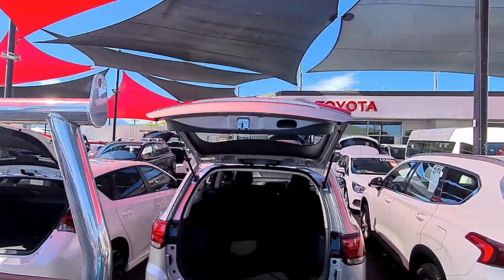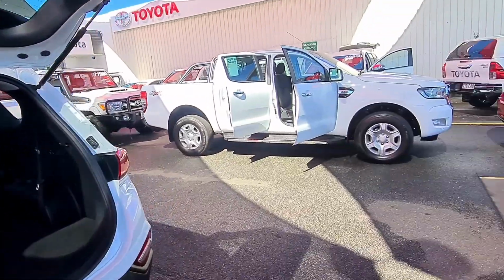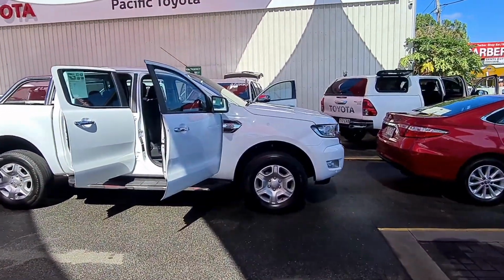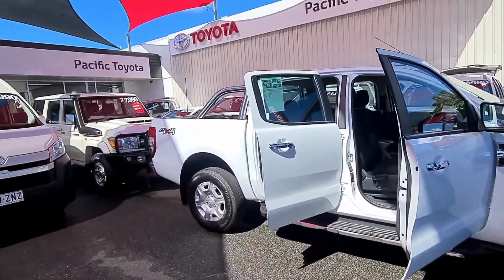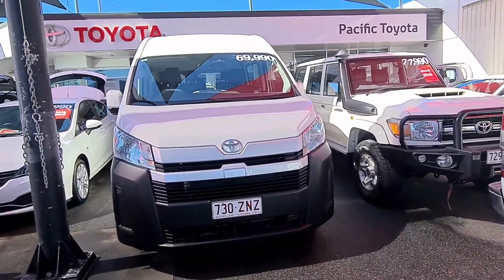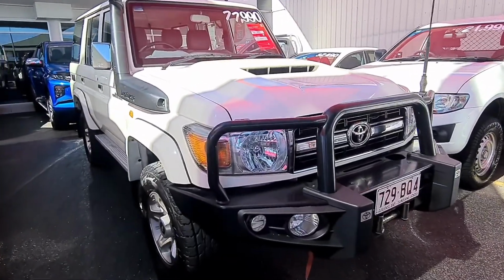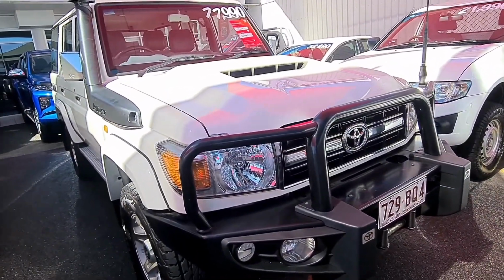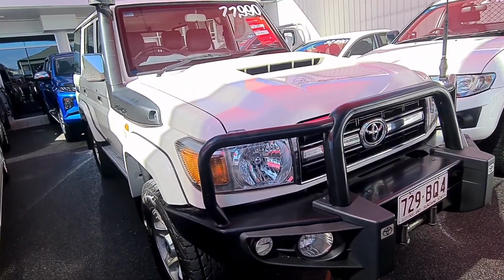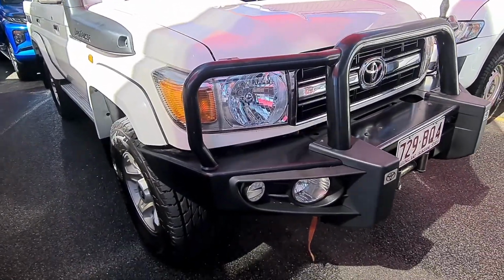And like I said, we've got another pre-owned vehicle yard up here, which is all joined, and we probably house about 40 to 50 cars there. So we usually turn over nearly 200 cars a month, so cars like this do go very, very quickly. Mate, so look, just take you back to the car. Obviously, we do offer finance, great trade-in prices as well. We'll trade absolutely anything, so if you've got something there, let us know. But mate, we'll get back to the car,